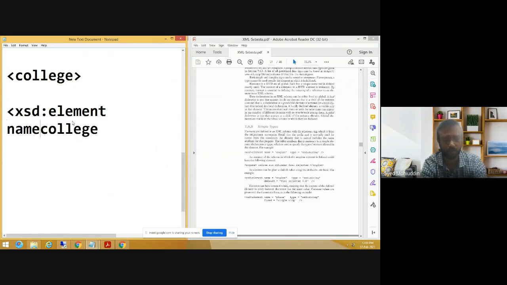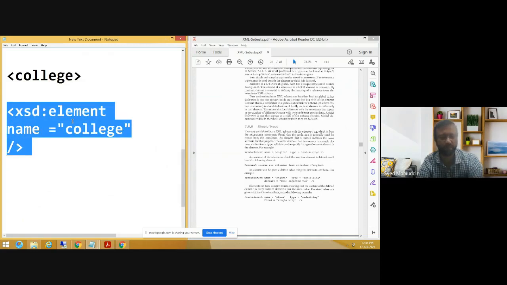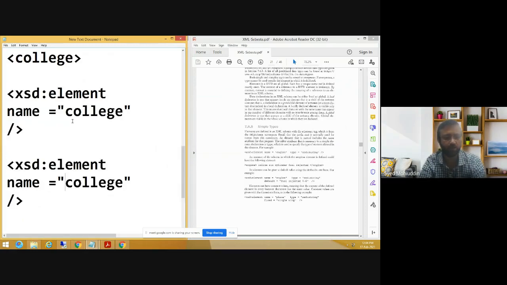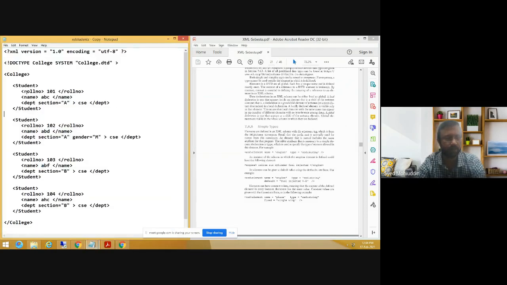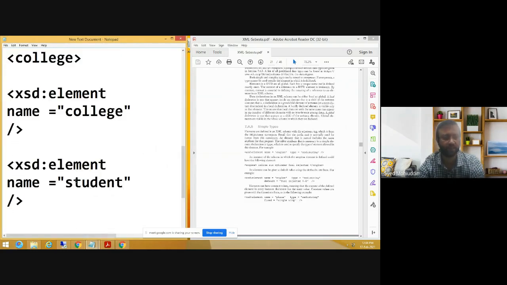That name obviously is going to be in quotes because name is an attribute there. And what will be its type? Now college doesn't have a type, so there is no problem. We just try to close this with /n. Then again, same way, we can use XML schema to define, let's say, student as the other thing. For example, here in this XML document, you can see we have a student as a tag. Now let us look at these two tags, where one is the string, the other one is the